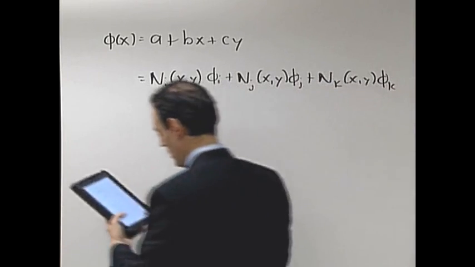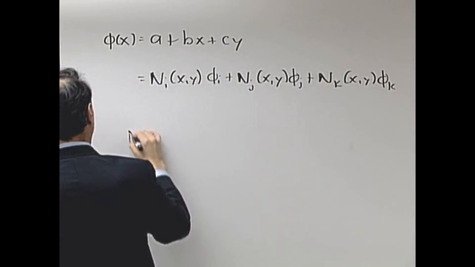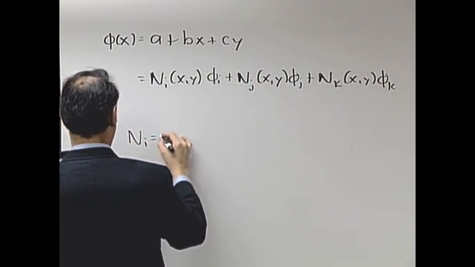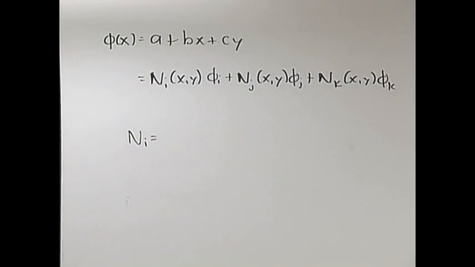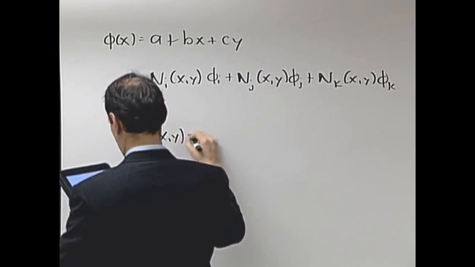And what does this matrix look like? Well, it's a little bit more complicated. Let me just write out what the ni component is. The other ones look fairly similar. Okay, the ni of x, y is equal to